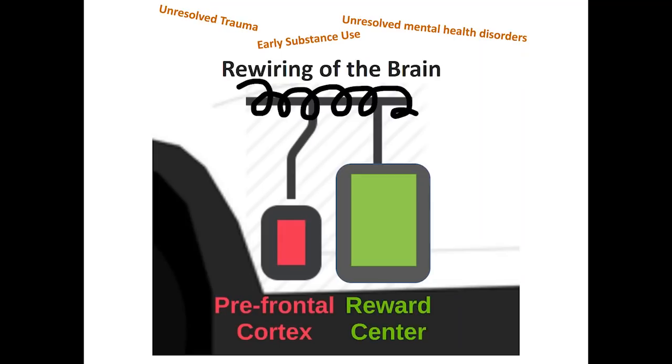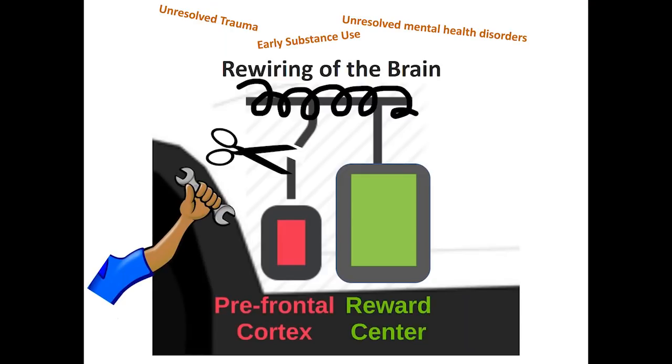So as young people seek out experiences and substances that really crank up their reward system, they may also be causing damage to their prefrontal cortex, making it harder and harder for them to put on the brakes. And eventually they'll have a hard time stopping even if they wanted to, even if it's causing them and their families great harm. But brains are incredibly resilient, and so are people. And so like a car engine, it can be fixed.